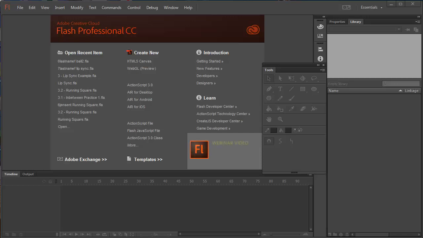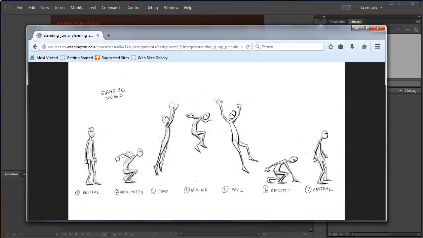In this tutorial, we'll be creating some in-between frames for an animation. We're going to follow a couple of principles of animation today. We're going to continue talking about timing, and we're also going to do a pose-to-pose animation. What that means is sometimes we need to figure out how long it's going to take for something to happen,